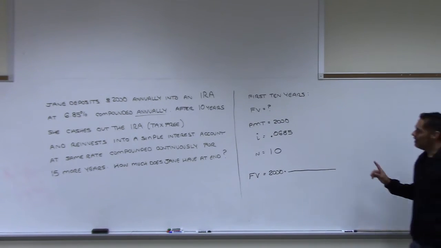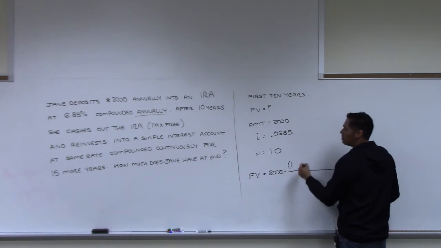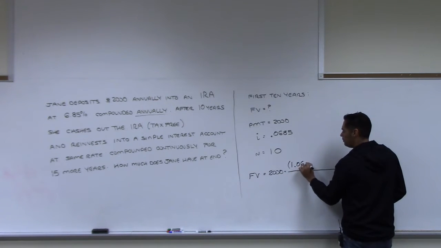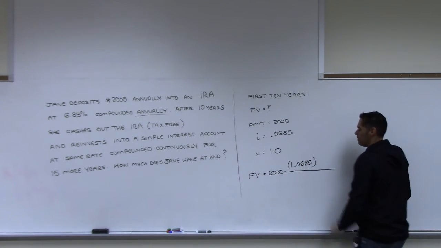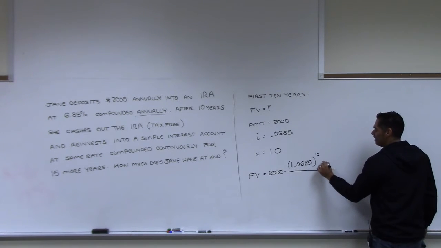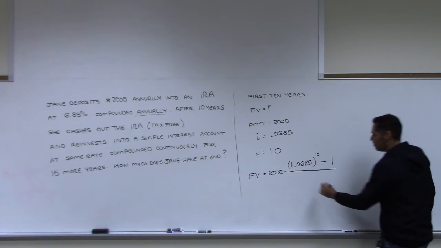All right, 2,000, and then we have here 1 plus I, which I can do all at one time, minus 1 over I, which is